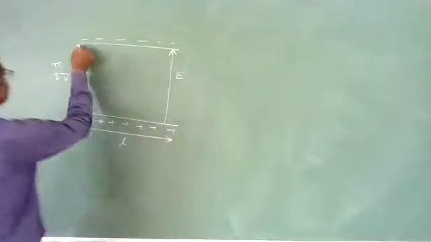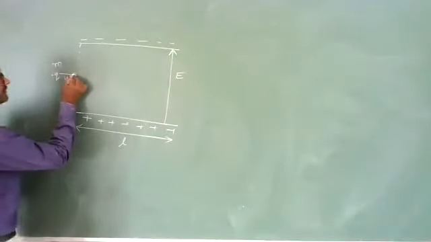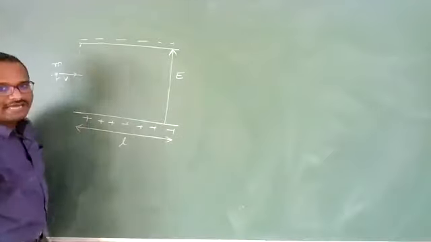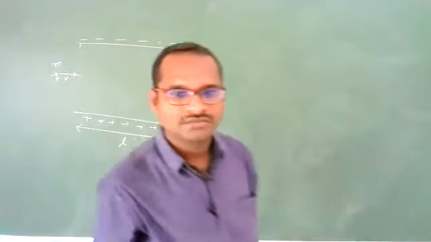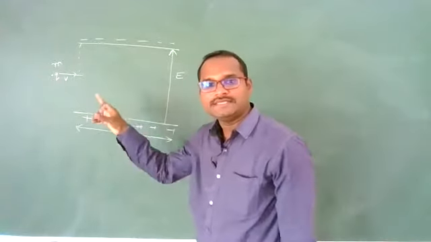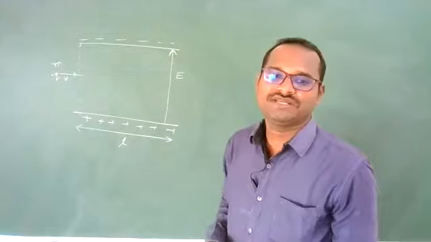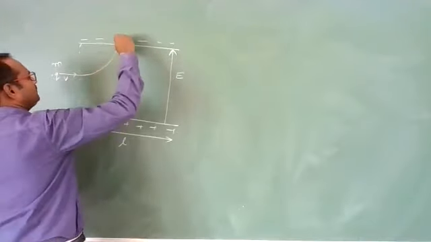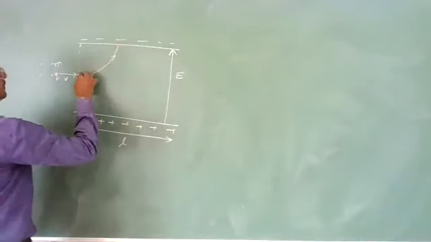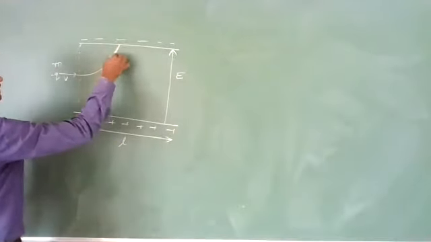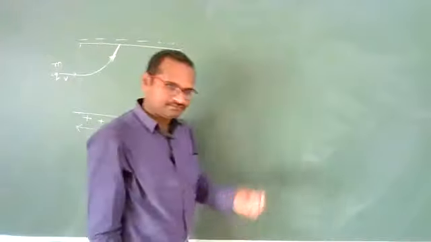Once it enters into this electric field, on this charge Q, a force will act. In which direction? On this charge Q, force will act in the direction of electric field. So on this charge Q of mass m, a force will act in upward direction. So it will move in this direction like this. Clear? So it will perform a parabolic path.